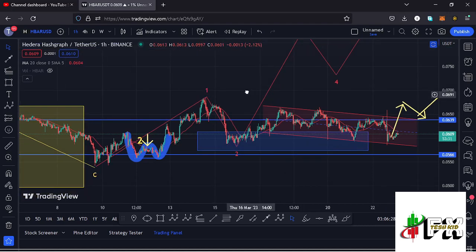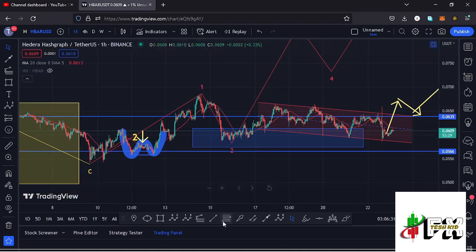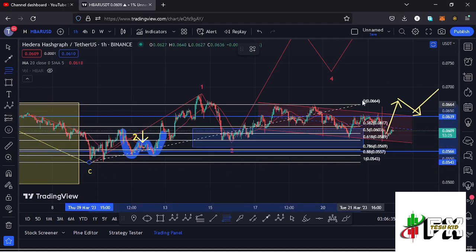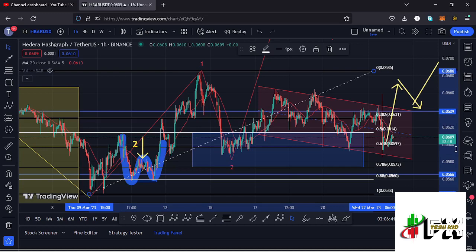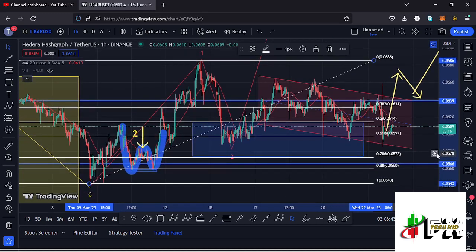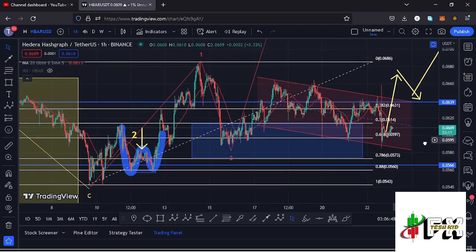Then we started a corrective structure in the formation of this wave 2, and using the Fibonacci's, connecting them from the low of the first wave to the high of that wave 1, I was able to come up with the minimum retracement area in the formation of that wave 2 between the fib level 0.5 and the fib level 0.78, which is a target area that you have fully maximized, and there are high chances that you have now